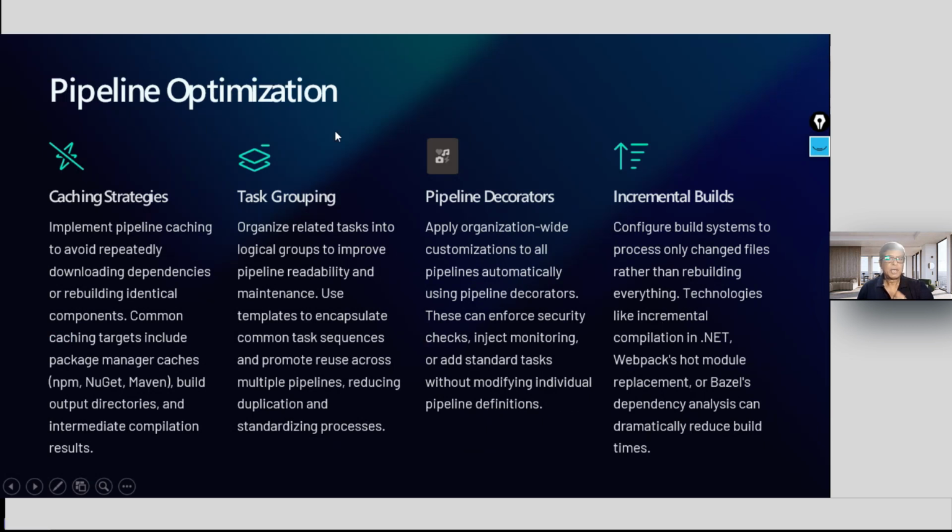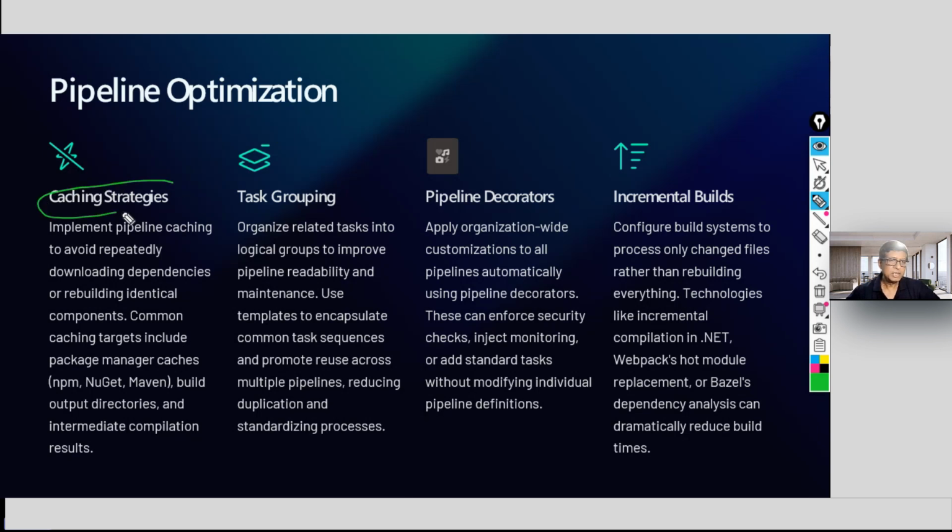Pipeline automation optimization. This is the most popular one, caching strategy. How good is your caching strategy? If you are good at this, you do not need task grouping, pipeline decorators, or incremental builds. Caching is a very important one.